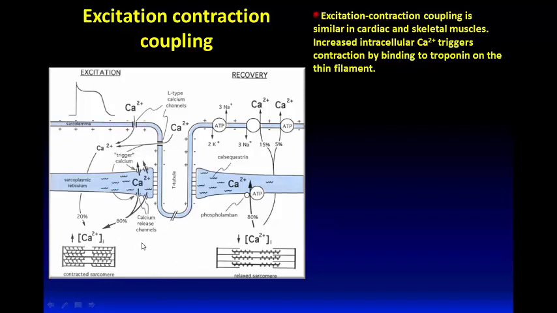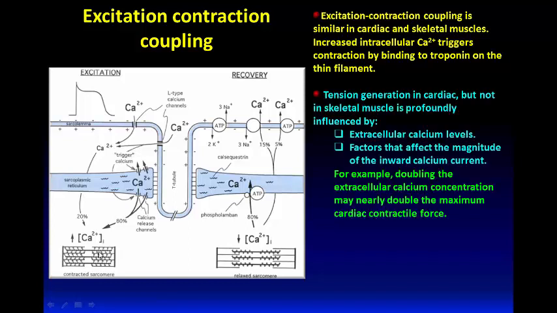The contraction is triggered by an increase in the intracellular concentration of calcium ions, which bind to troponin C on the thin filaments of the myofibrils. However, in the cardiac muscle cells, as we mentioned, the release of calcium from the sarcoplasmic reticulum is induced by the influx of calcium from the extracellular